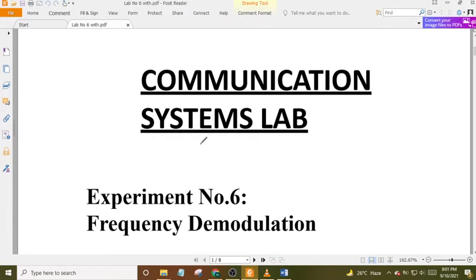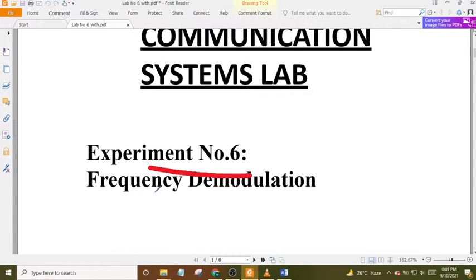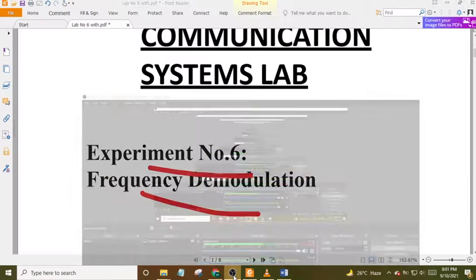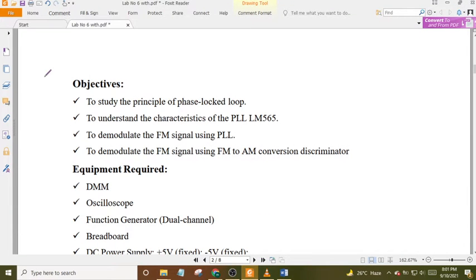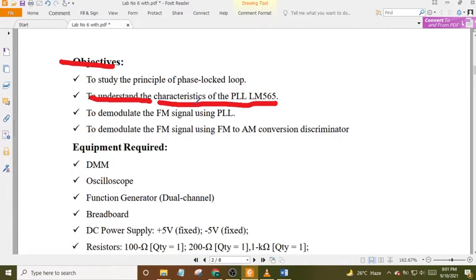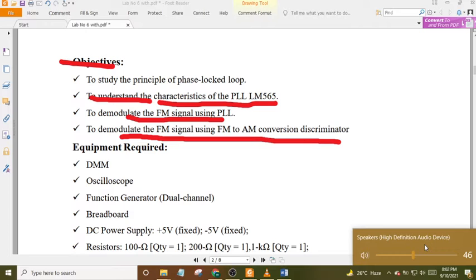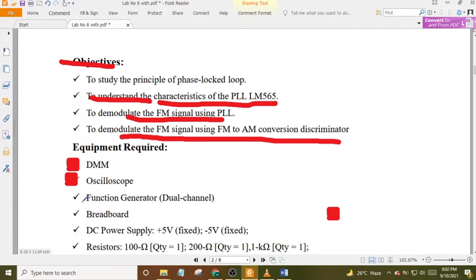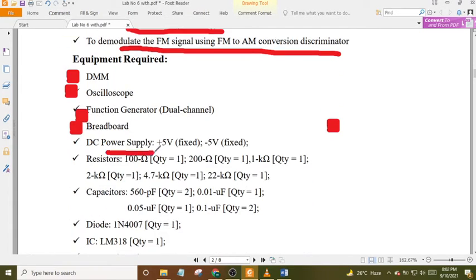Experiment No. 6: Frequency demodulation. Objectives: to study the principle of phase-locked loop, to understand the characteristics of PLL LM565, to demodulate FM signals using PLL, and to demodulate FM signals using FM-to-AM conversion discriminator. Equipment required: DMM, oscilloscope, function generator (dual channel), breadboard, DC power supply +5V fixed, -5V fixed, resistors: 100 ohms